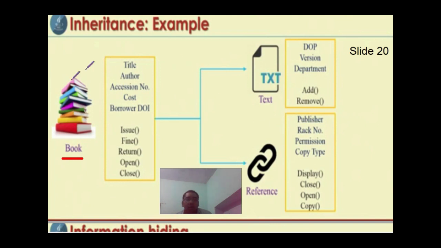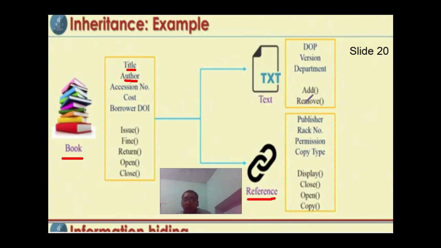We have a book, and it has the features title, author, accession number, cost, borrower, date of issue. We have studied these features and its methods: issue, find, return, open, and close. And the textbook, which is also a book, has its own features. We can also inherit to another category of book called the reference book. Here the reference book has its own date of purchase, version, department, and methods